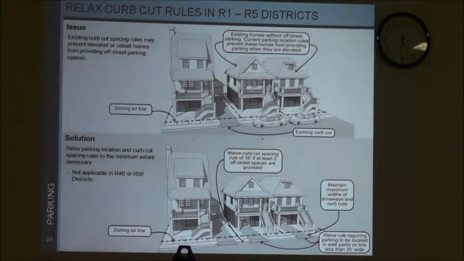And then there are certain situations where people didn't have parking before, and they might now be able to because they have elevated their home 12 feet in the air and now have all this space underneath that can only be used for parking, storage, and access. But the zoning resolution has pretty strict curb cut and parking location rules. So in order to allow these people to utilize the underside of their homes, we've relaxed a lot of those curb cut spacing requirements, and the location. They still can't be wider than they normally are, but that's not as